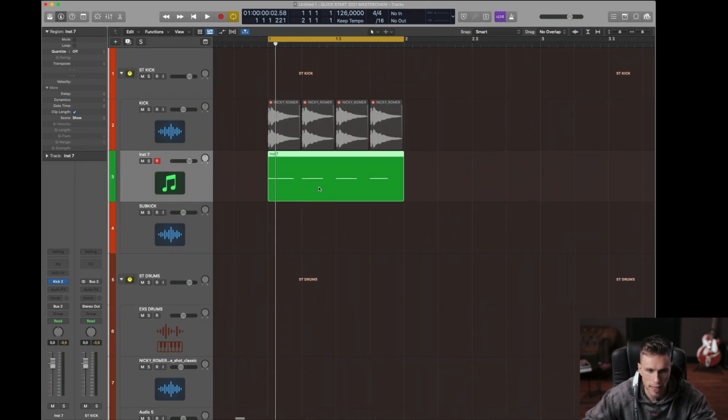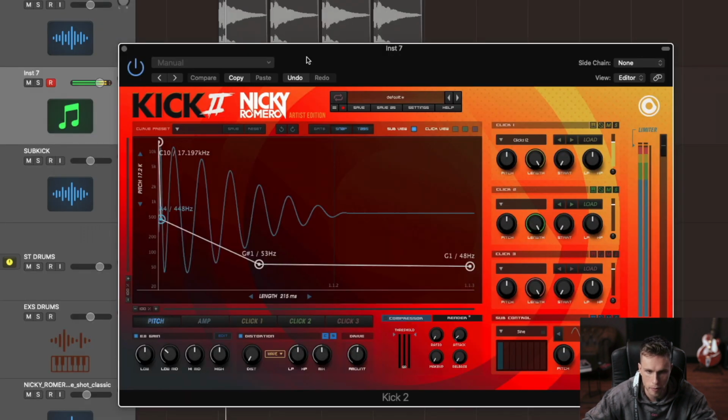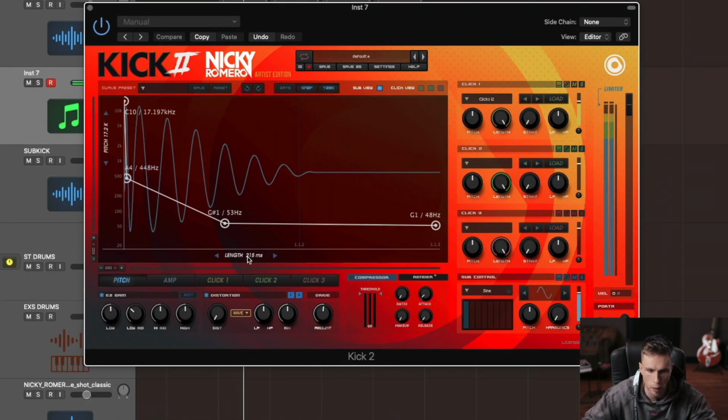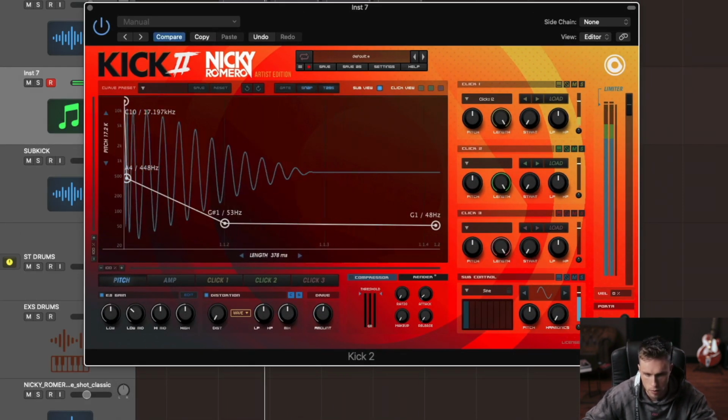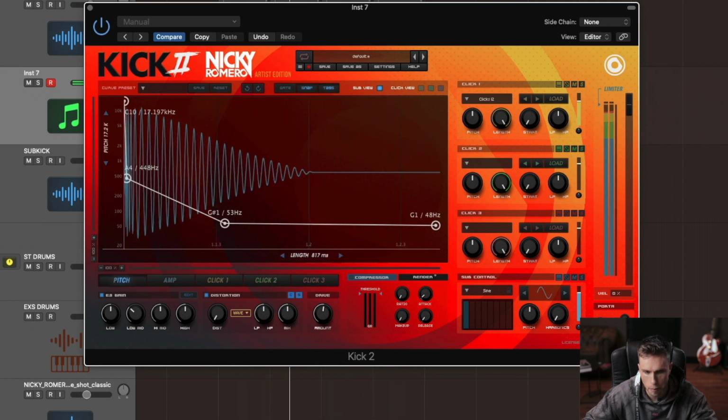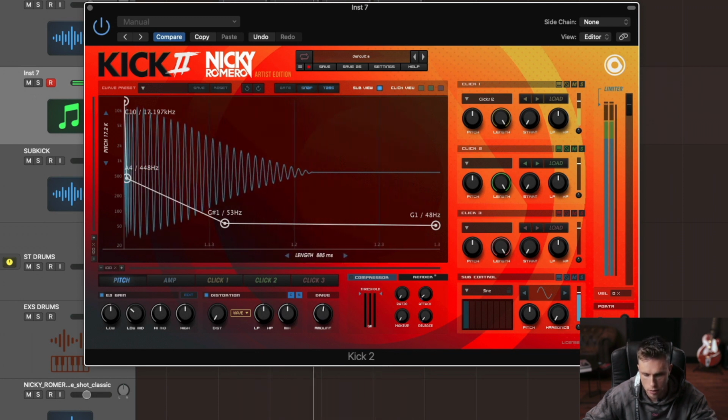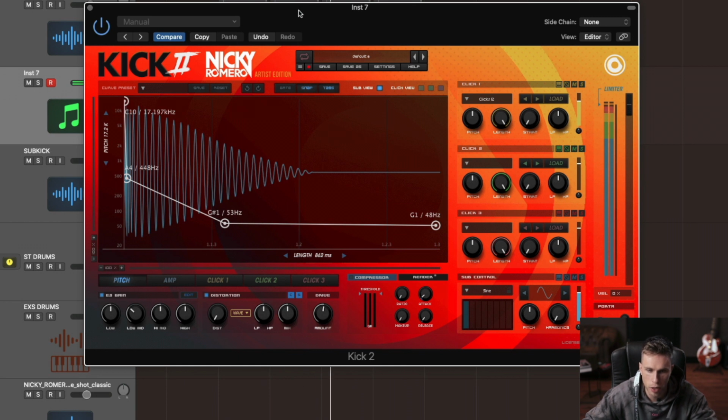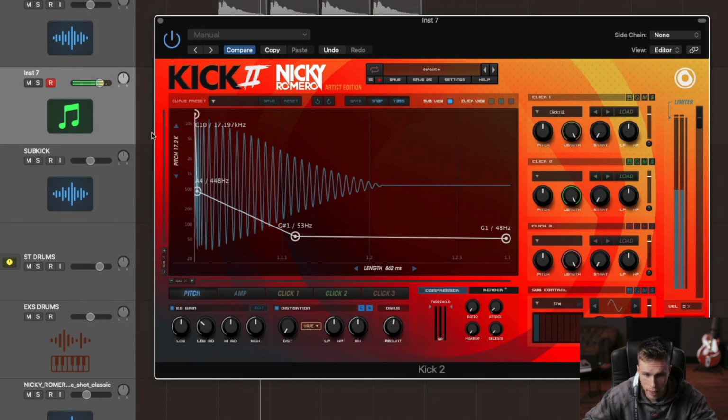Okay, selecting this MIDI block. This is not a very long kick drum, so I'm gonna go to the plugin, change the length here in the plugin by dragging the length, make it longer. And now you hear, and you actually see here as well in the visual menu, that the kick drum has